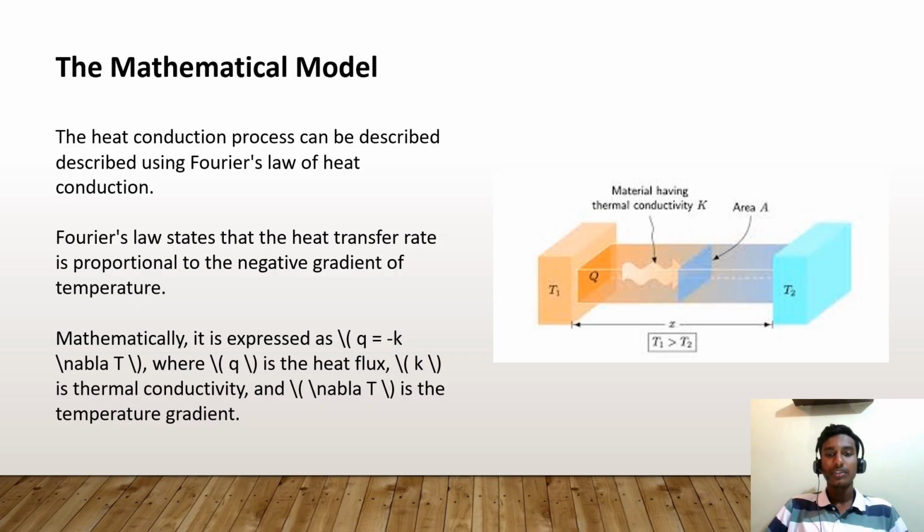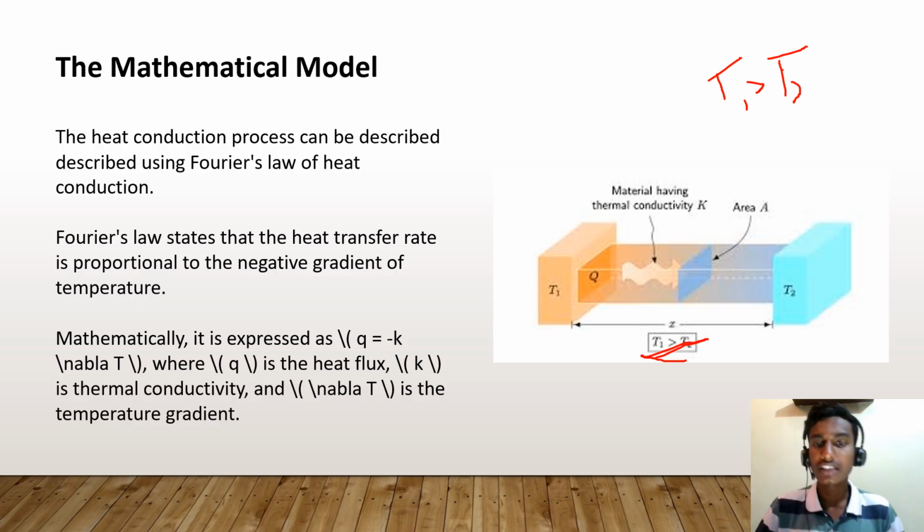Here we can observe an object with temperature T1 and an object with temperature T2. The heat is transferred from one object to the other, from the object where T1 is greater. It is mentioned here. Let me show it. T1 is greater than T2. The heat is transferred from the hotter object, that is the hotter region, to the cooler region,